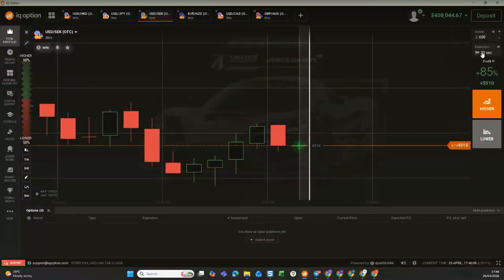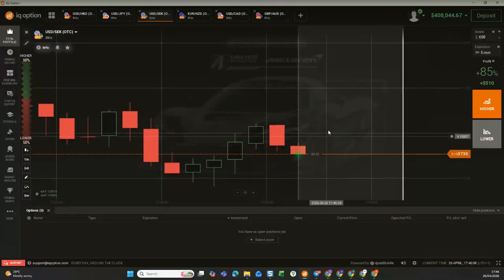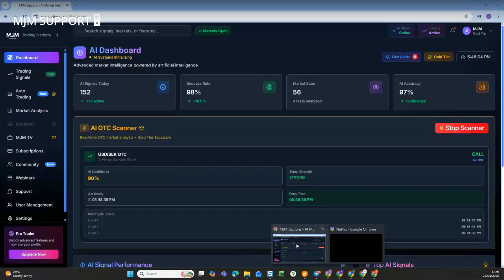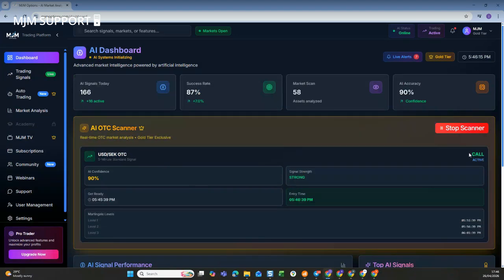It is very, very simple. So I change it. I'm trading for 5 minutes. 5 minutes standard signal means I'm trading for 5 minutes. Now the next thing I have here is a call. Call means buy. So that means I'm buying. And what time am I buying? I'm buying at